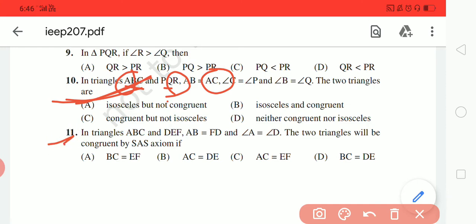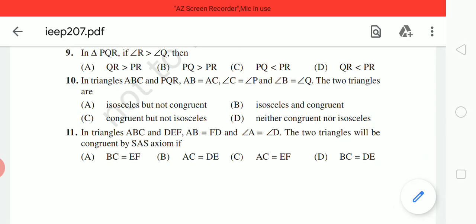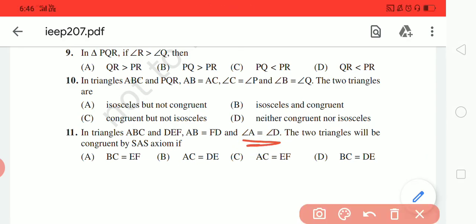So come to question number 11. ABC and DEF are two triangles. AB equals FD we have given, and angle A equals angle D. Then the two triangles will be congruent by SAS, if, okay, we have given angles A and D. This is the included angle. So in the triangle